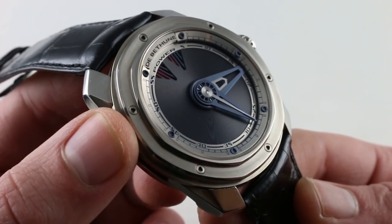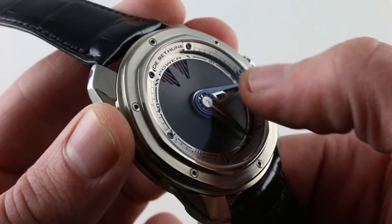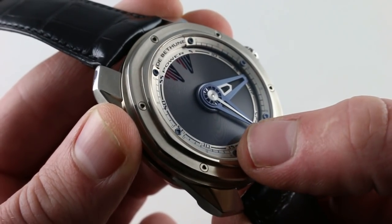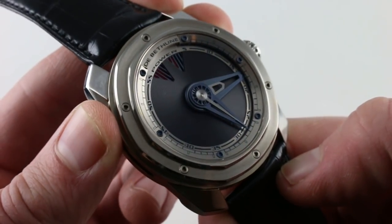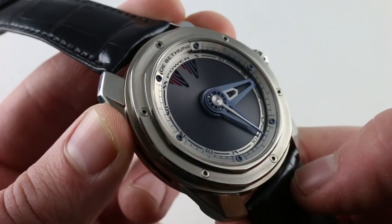Now, as we turn it into the light, you can see the rich details of the dial. There is a sort of microlight concentric circular cut to the dial. It's almost like guilloche, but it's performed differently and it's finer in its pattern. It creates a highly reactive surface, almost like a sunburst metallic, even though, again, we're talking about concentric circles, not